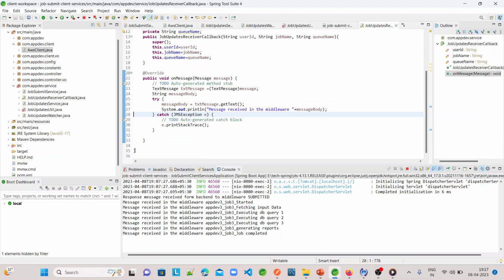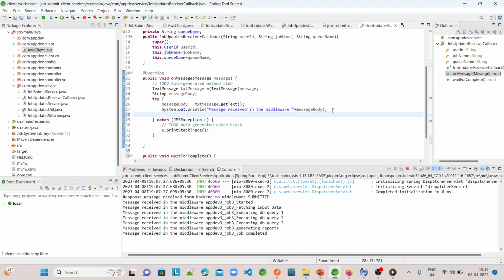So here I'll write one more method, public void wait for complete. What this method is going to do is just notify whenever a job completion message is received. Where we are receiving the job messages from the SQS here,